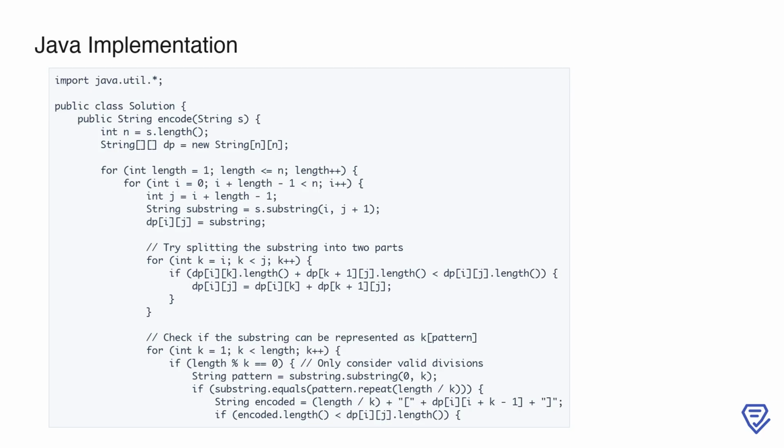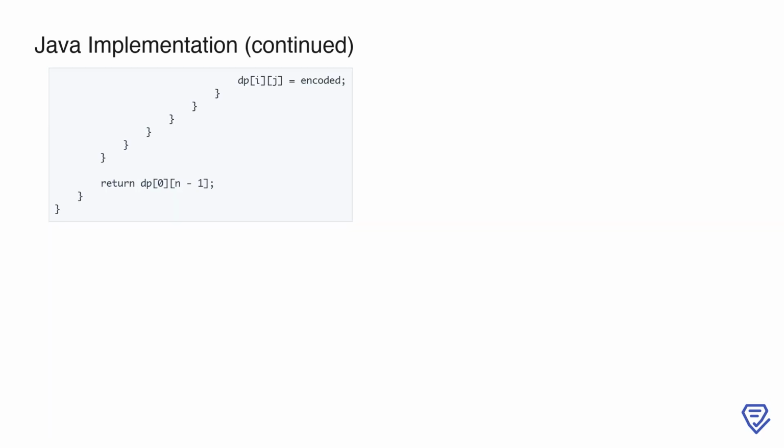Finally, the result for the entire string is stored in DP[0][n-1]. This approach ensures that all possible encodings are considered, and the shortest one is selected. The time complexity is approximately O(n^3), due to the nested loops and substring checks, making it efficient for moderate input sizes. Here, we begin by importing the necessary Java utilities and defining our solution class, which contains the encode